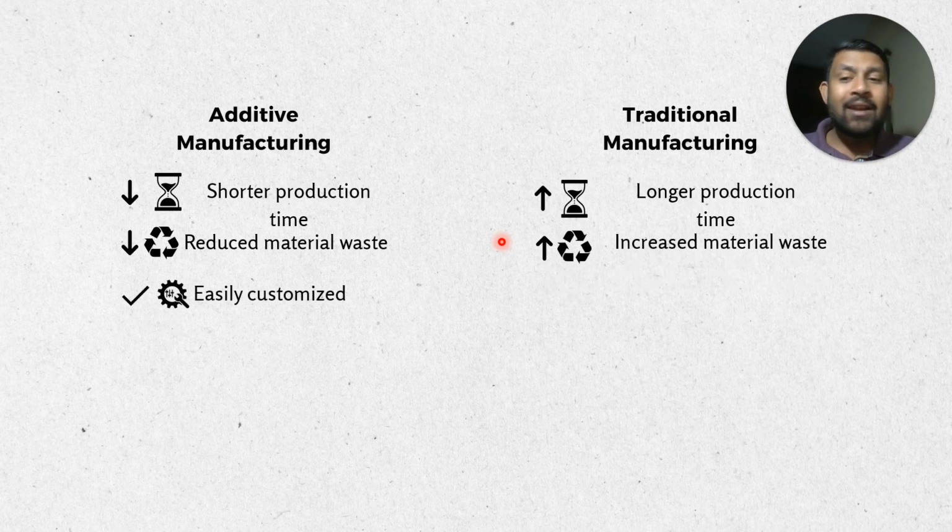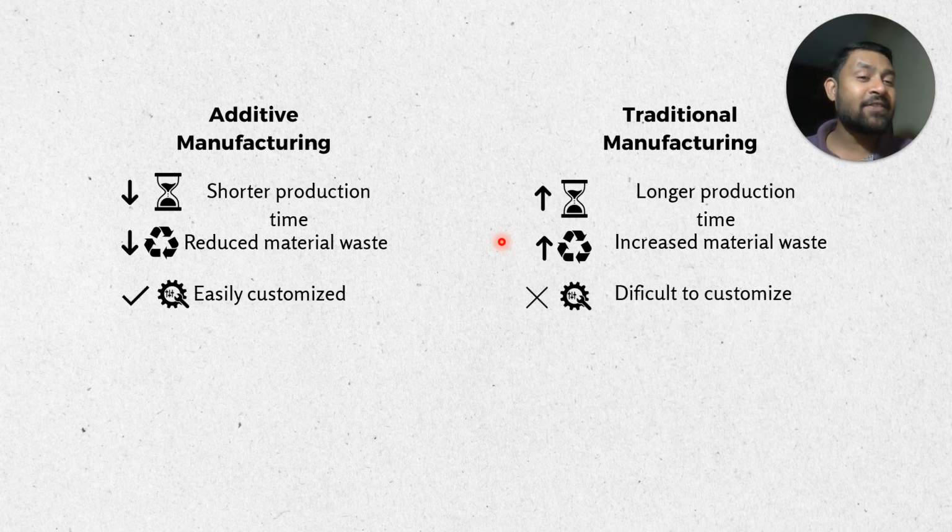You can allow for easy customization in additive manufacturing, because if I'm building 10 components in a single build, all those 10 components can have different kinds of designs. Whereas in traditional manufacturing, it is difficult to customize, because when we try to customize, each and every design program has to be generated separately,